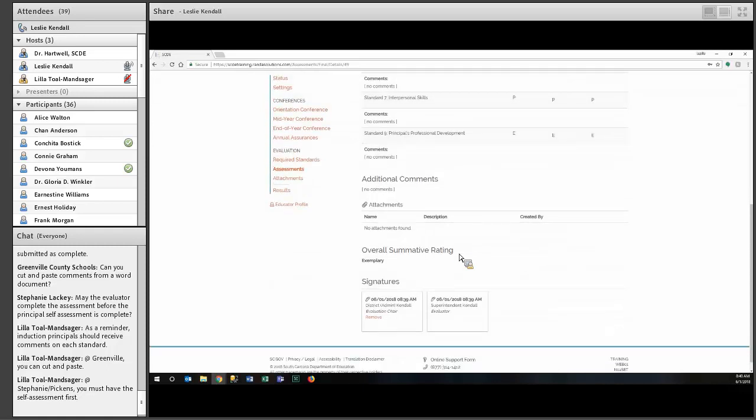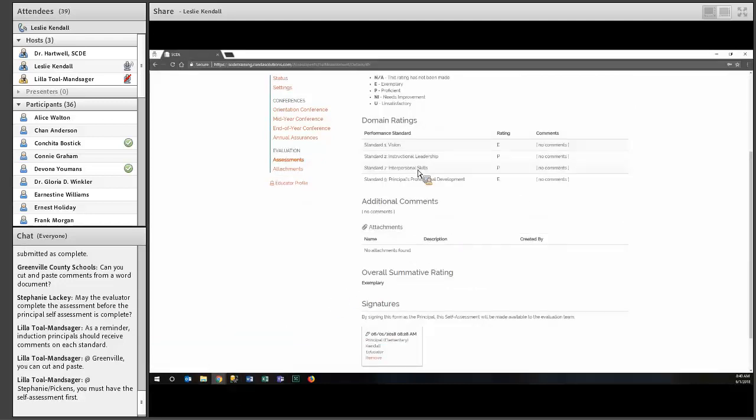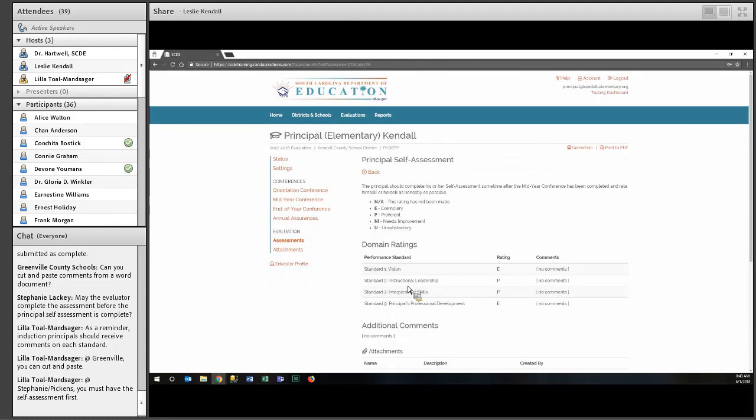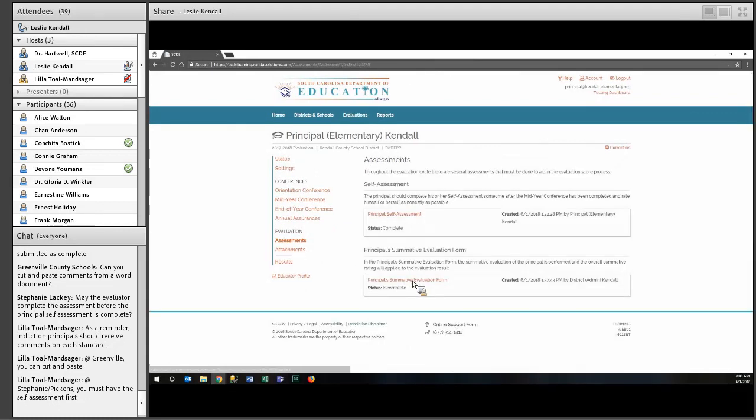All right, so once the signatures have been added, this does become visible to the principal at this point. So again, if you need to hold off on adding that last signature until you're actually within that final orientation meeting or conference meeting, you can add that signature then. And once all those have been added, the principal can come to the assessment.